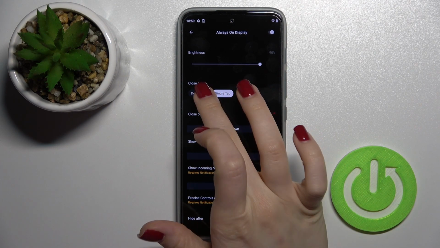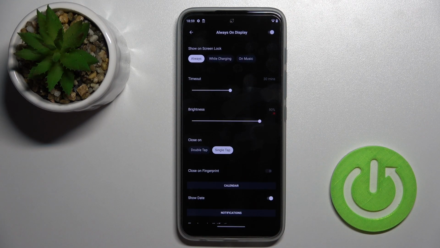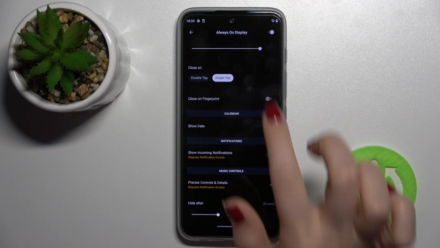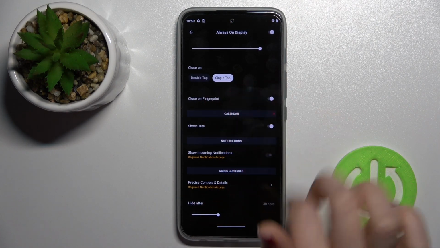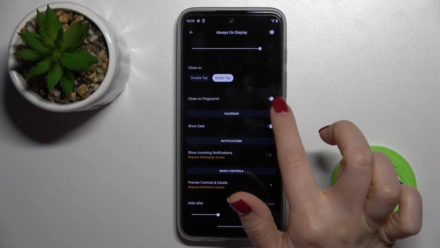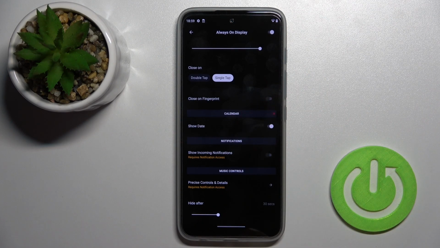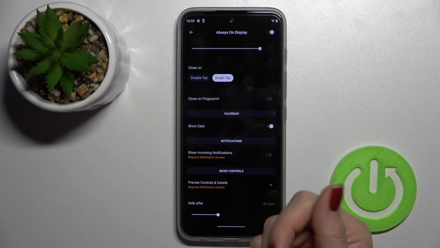our always on display. We'll go with a single tap. Sure, we can here select turn on the option to close the always on display by our fingerprint if you got the